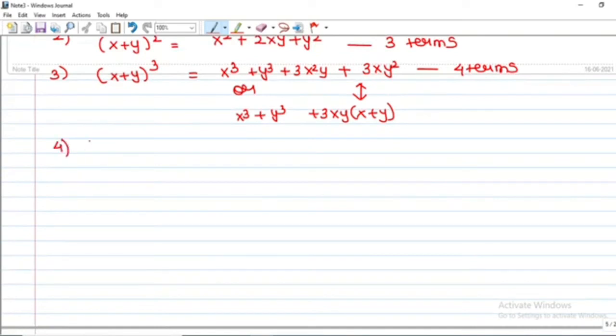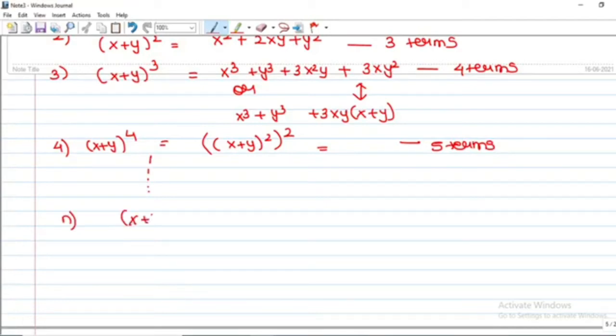Now if I move ahead, I write x plus y the whole power 4. How will you do that? You will do this like this, the whole square, and then simplify. Now you will have an idea that here if the power was 3, there were 4 terms. Here if the power was 2, there were 3 terms. So here power is 4, so here will be 5 terms. So we got a basic prediction idea of how the terms are going. So if I tell you x plus y power n will have how many terms? You will automatically say n plus 1 terms. Is that clear?